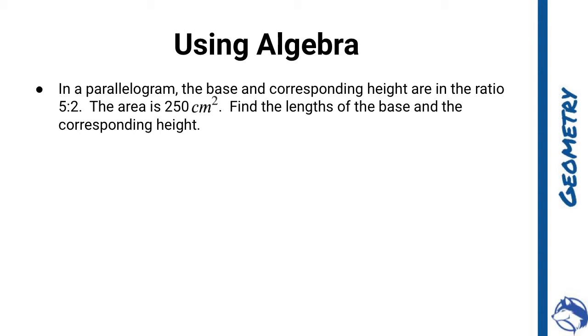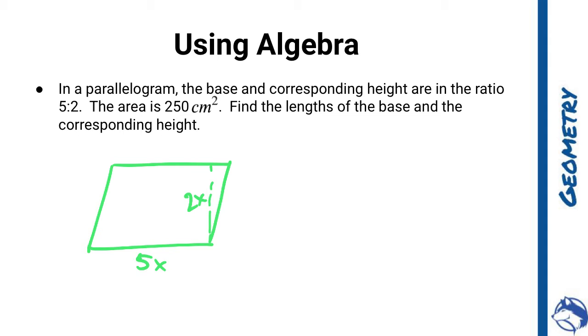So we can use algebra also to solve for some different heights and things like that, depending on the scenario of the problem. So in this one, they give us a parallelogram, so I always suggest drawing a parallelogram. They tell us that the base and corresponding height are in a ratio of 5 to 2. So what that means is that the base is 5 times larger than the height